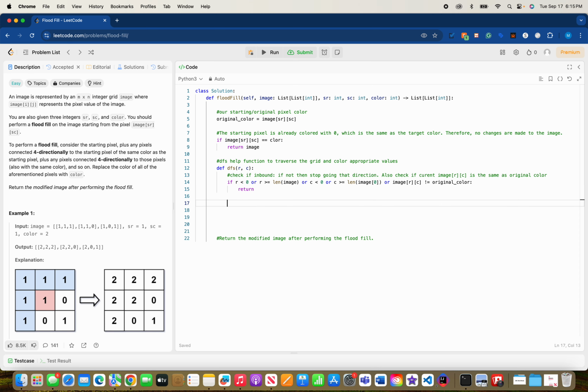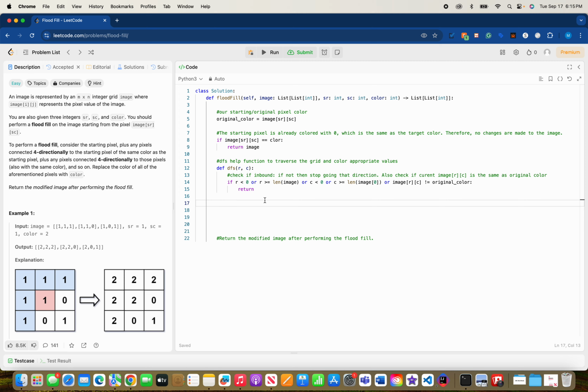Boom. So now we check if we can return. If we make it past this and it doesn't meet any of these conditions, then